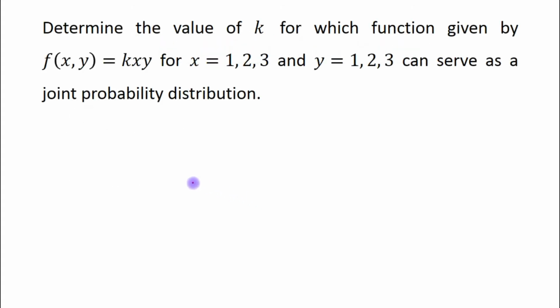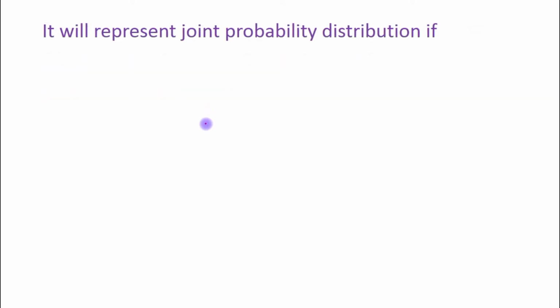And here we have this question: determine the value of k for which the function given by f(x,y) equal to kxy, for x equals 1, 2, 3 and y equals 1, 2, 3, can serve as a joint probability distribution. Solution: it will represent a joint probability distribution if